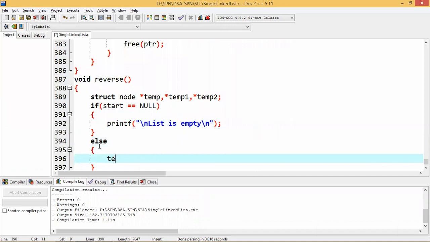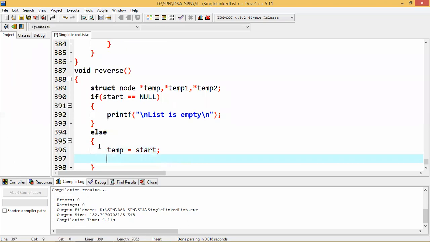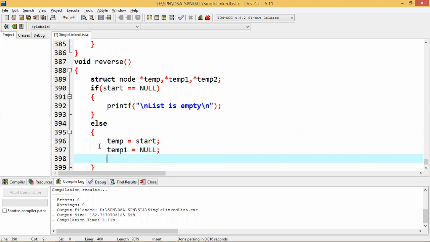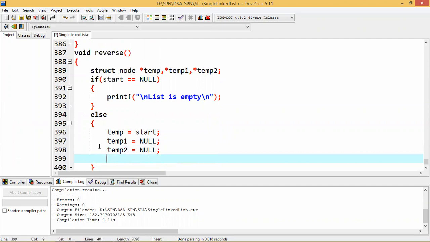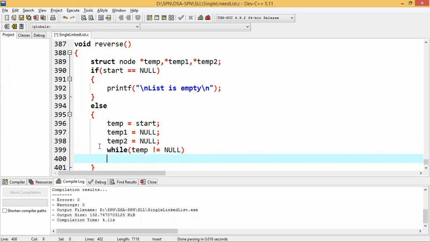Done. Now I'll start processing. So temp I'll assign start, and the rest two variables I am assigning null. So as per our discussion, this process will continue while temp is not equal to null.